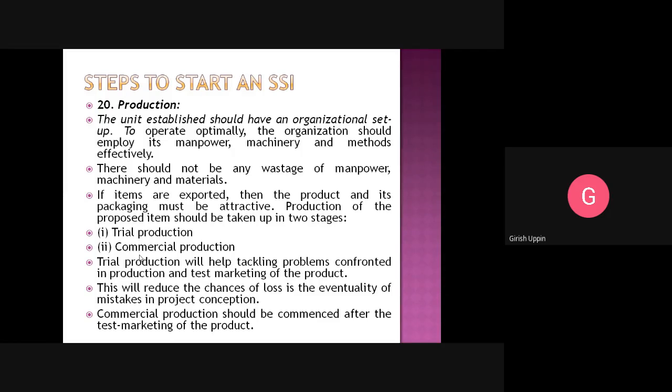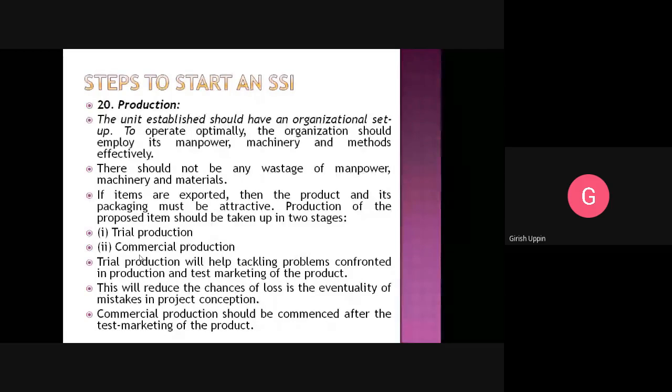In the IT industry, a type of trial production is building a prototype. We don't actually build all the software, we build the prototype. We build a prototype of how the particular software product will look like and show it to the business client. When the business client sees the product, they will get an idea of how the end result will be. If there are any changes, they will give the feedback, and that feedback can be taken. Then the commercial production is like a real development of the application.